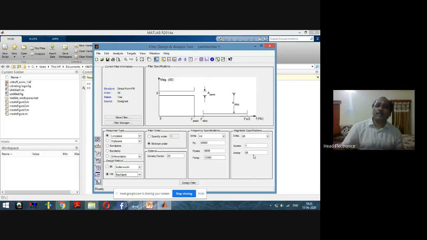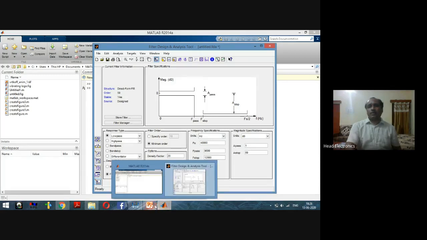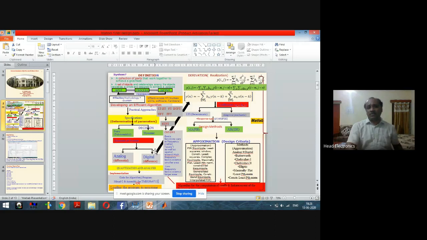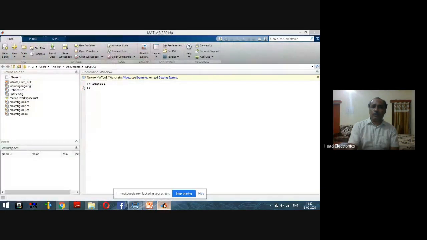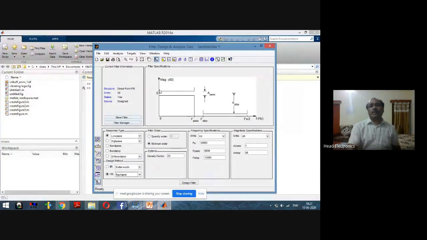Now, these values we have selected are not random; we have to calculate them from our requirements, as we discussed in the first slide during the introduction to the design concept. From the requirement, first we define the problem, then we specify the parameters after applying the practical approaches. So from the requirements we derive the parameters, and after the derivation we select these parameters and put them in the dialog box in order to design the filter.